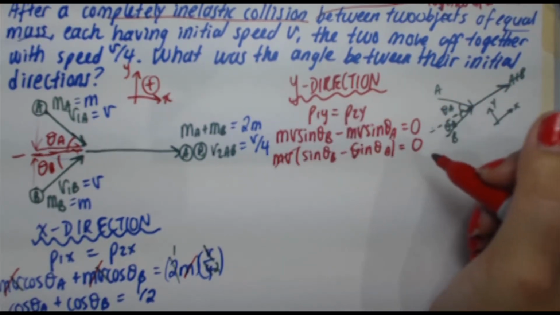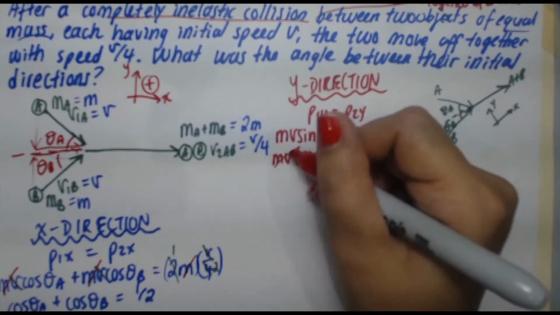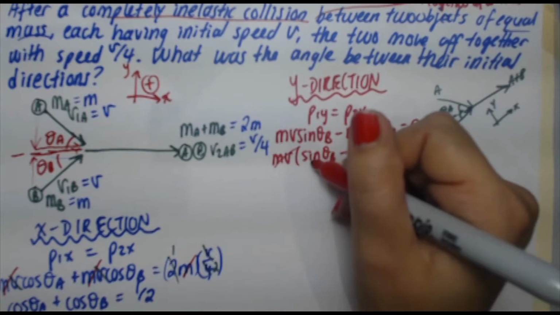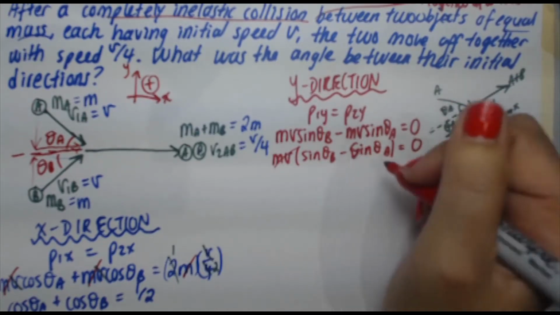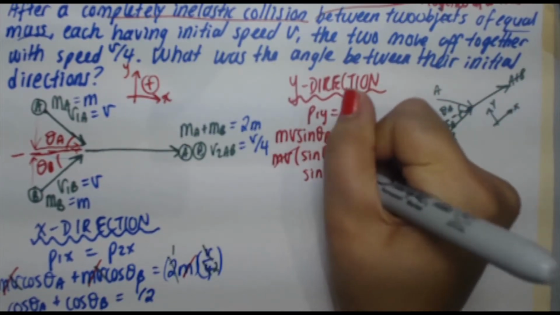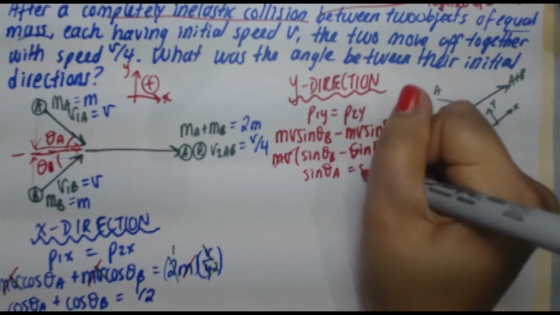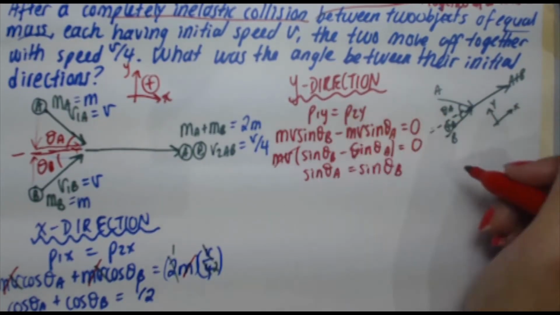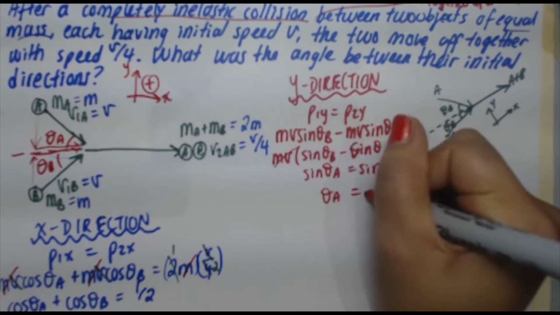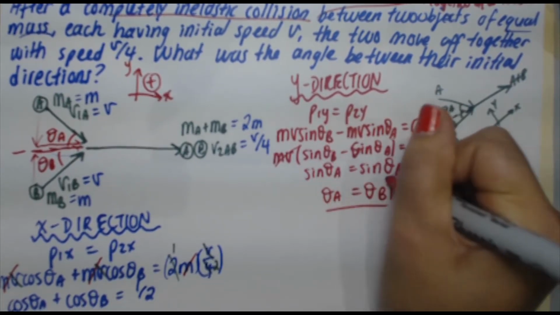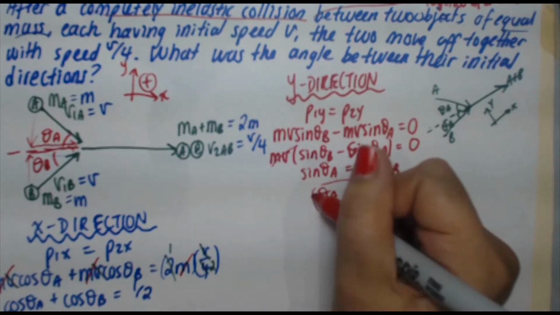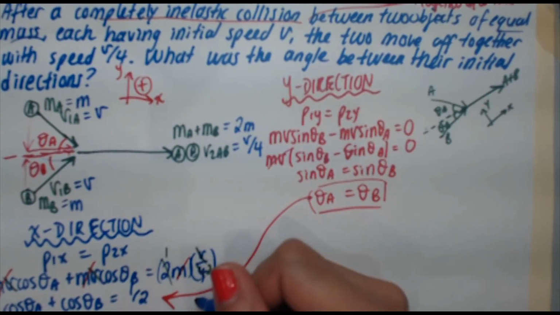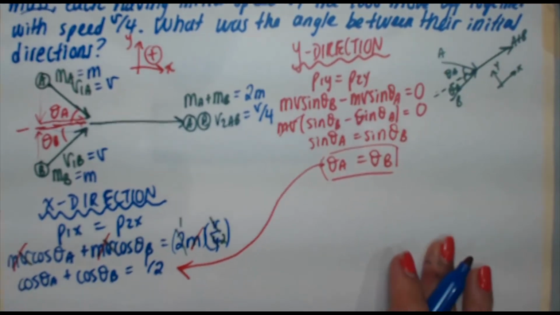Those cancel out. I mean, technically you could say is mv equal to 0, but mass is not 0, velocity is not 0, so therefore only this part can be equal to 0. And when we do that, we're going to be left with sine theta A is equal to sine theta B, which, you know, by clearly looking at this, you can see therefore theta A must be equal to theta B. Okay, now we take that, we plug it in here, because that's going to make this expression simpler. Theta A is equal to theta B, then I get